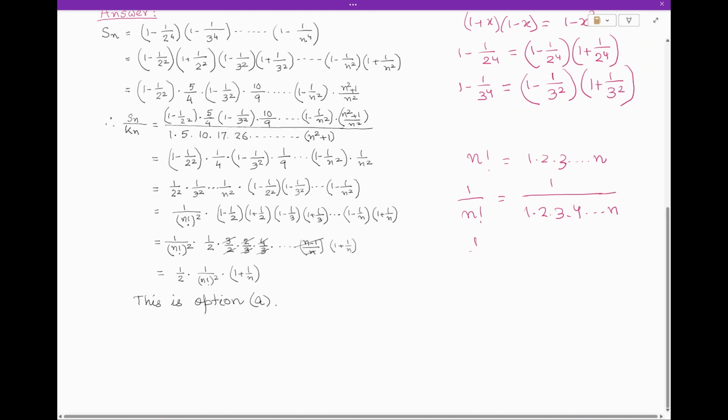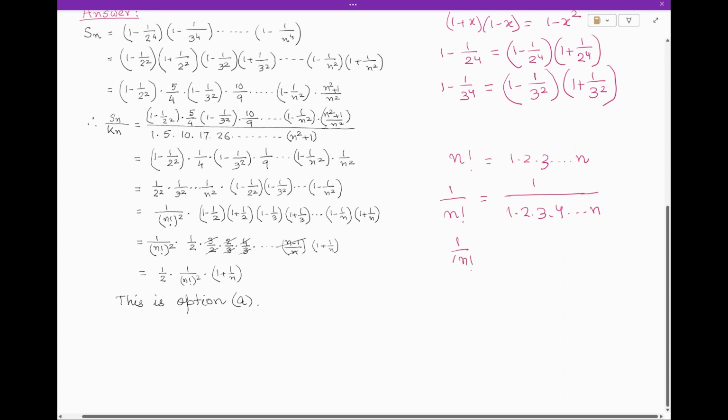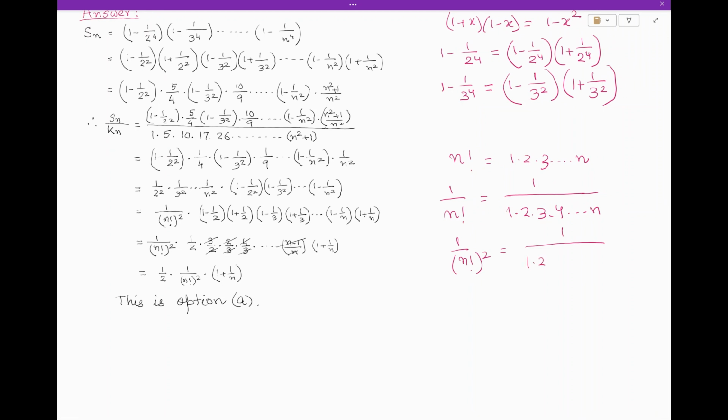So, 1 by factorial n square is equal to 1 divided by 1 multiplied by 2 multiplied by 3, like this until n whole squared. And that is what we have here. So, we get Sn by Kn is equal to 1 by factorial n square, and finally we take 1 minus 1 by 2 square,